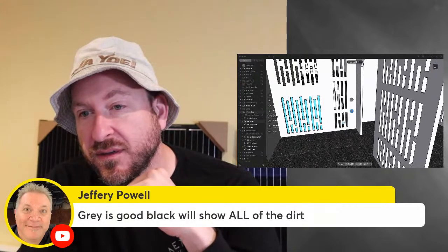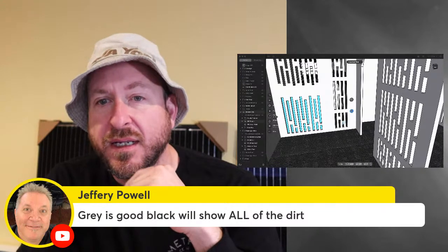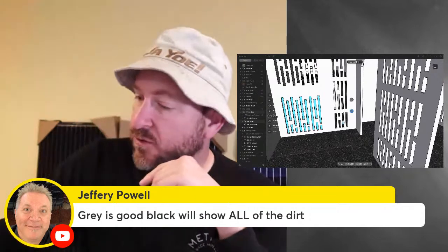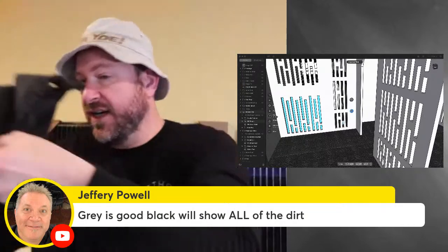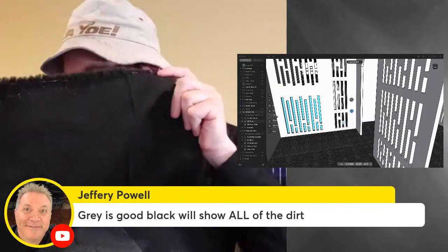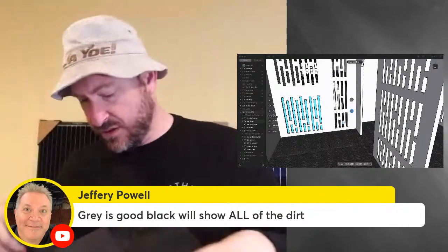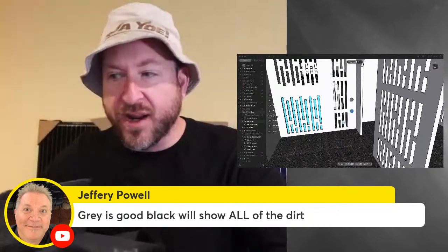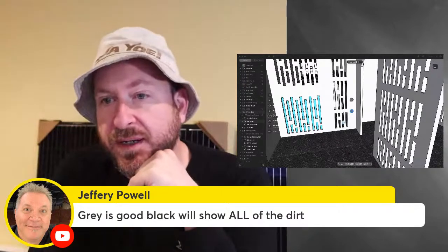Gray is good. Black will show all of the dirt. Yeah, Jeff. Well, we can go with a charcoal too, which is kind of a cool color. We'll go through colors too, because I actually have the colors here. So this is black. This is black tweed, and you're right, it could show, but this is like a charcoal. Yeah, that's charcoal. And then obviously this is gray. I don't like gray though. Charcoal or coal if I do. But anyways,